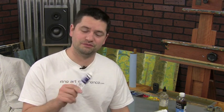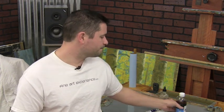And they've actually gotten smart. When they first came out, they had the colors named red and marine blue and things of that nature, more like what you would see a house paint named after. But they've gotten smart here recently, and they've changed their names to more traditional oil paint names: cadmium orange, cadmium yellow, ultramarine deep, things of that nature. So that's helped as well. It's really bridging that gap between the two, and so that's been useful in being able to use these